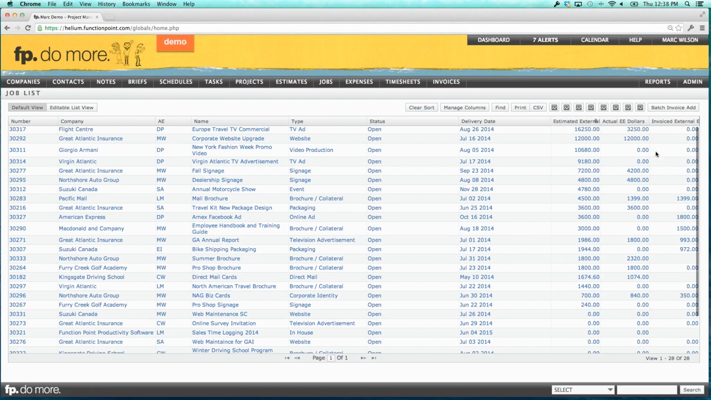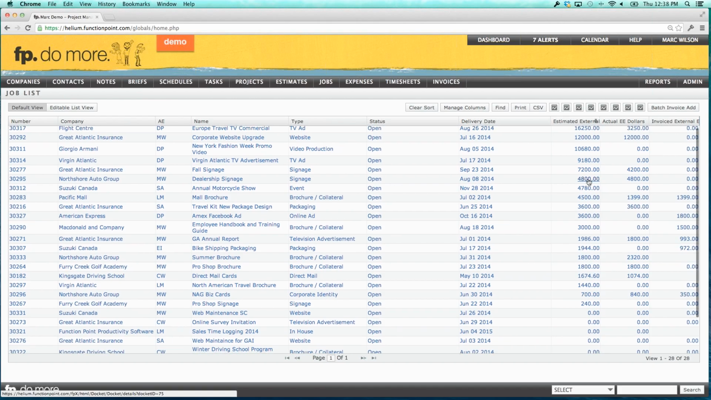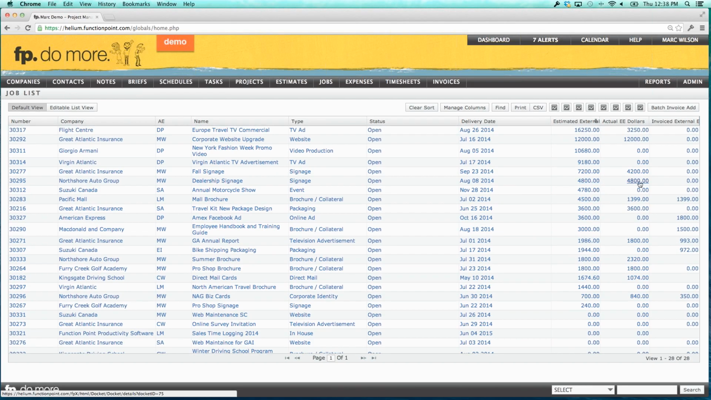So scrolling down, here's a case where we have $4,800 estimated, $4,800 actual. That's the total amount of expenses we plan on purchasing, and we have not invoiced for any of it yet. So I can choose now, if I wanted to, to batch invoice all of these at the same time, or I could drill into this job specifically, dealership signage, and invoice for that expense. But the point here is that I'm choosing to manage columns and adding and subtracting the fields that I need or don't need, organizing them beside each other so that it makes sense, and then producing a report